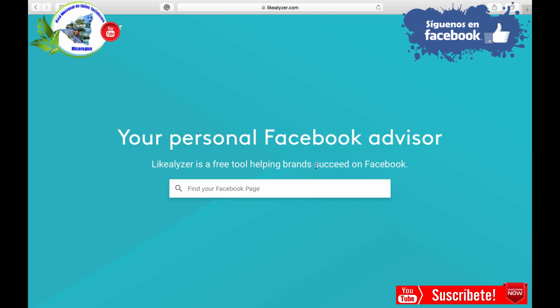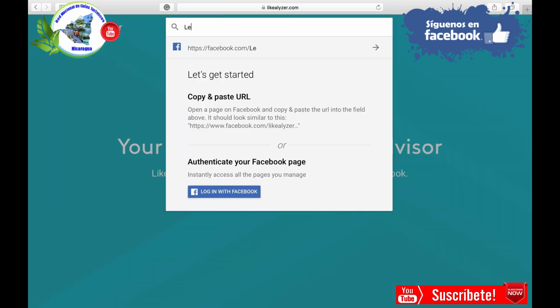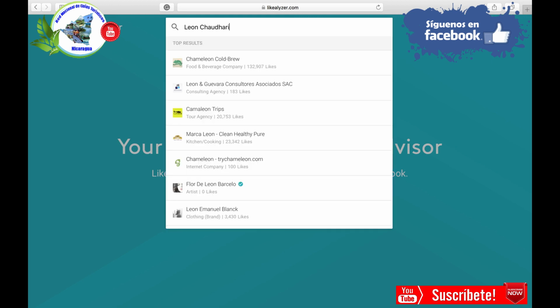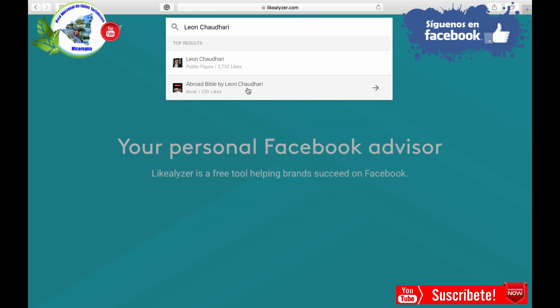Likealyzer is a free tool helping brands succeed on Facebook, and it is completely free, so you don't have to pay anything up front. There's no membership, no subscription, nothing. So just simply type your Facebook page in here. For example, we can go with my personal Facebook page, or for instance, we could go with my company's Facebook page. Now, let's first of all look at my personal Facebook page, and there it is,